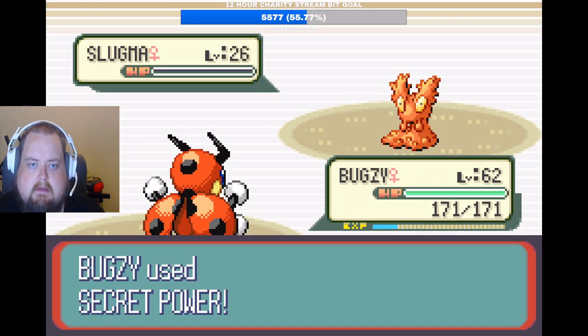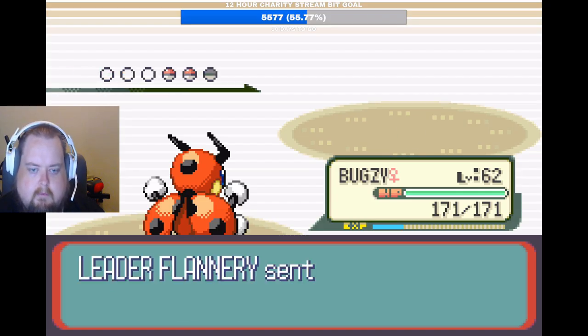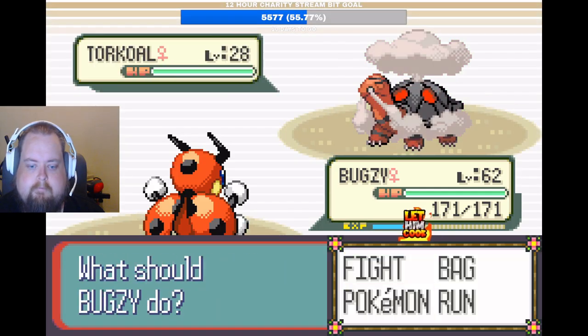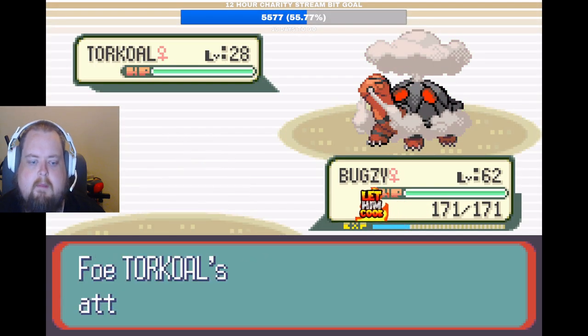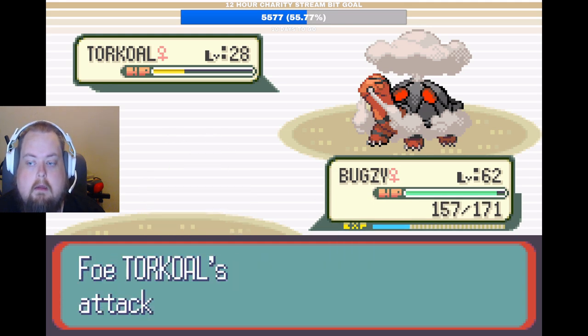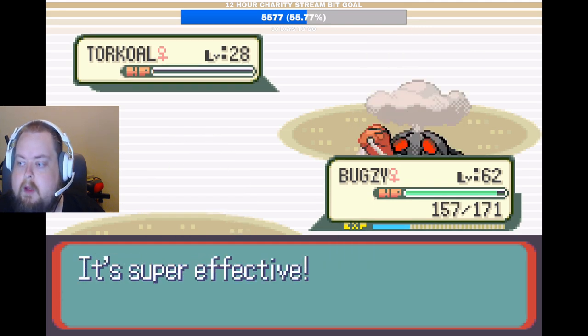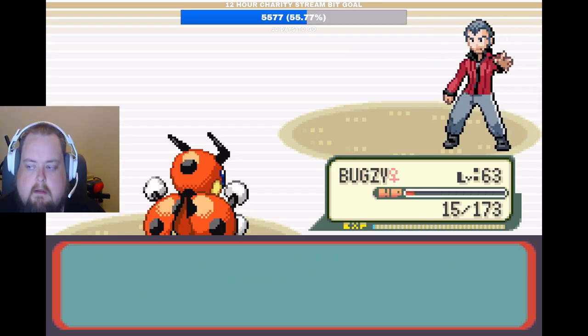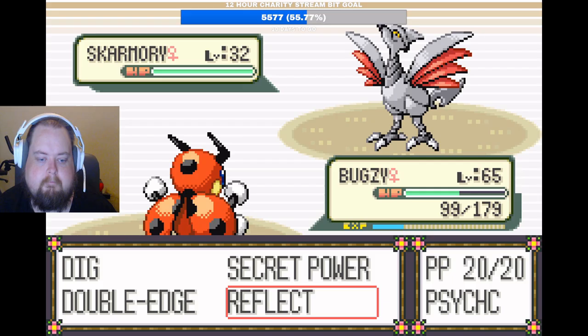Now, between now and well and truly late in the game, it was an absolute breeze. We're 30 plus levels higher, 34 levels higher than that Torkoal, by the way. Still can't one-shot it, but we managed to beat the gym first try, no problems at all. The reason I'm just showing a lot of battles is because there was nothing else really to show. I mean, we end up beating our dad, demoralizing him, going to the 6th gym, and now Skarmory